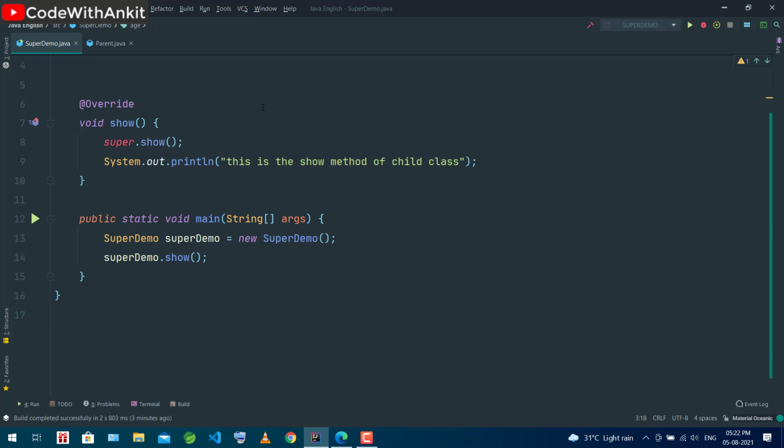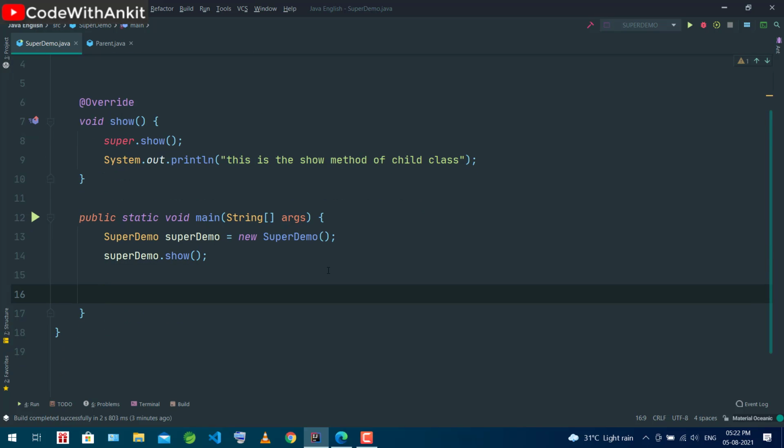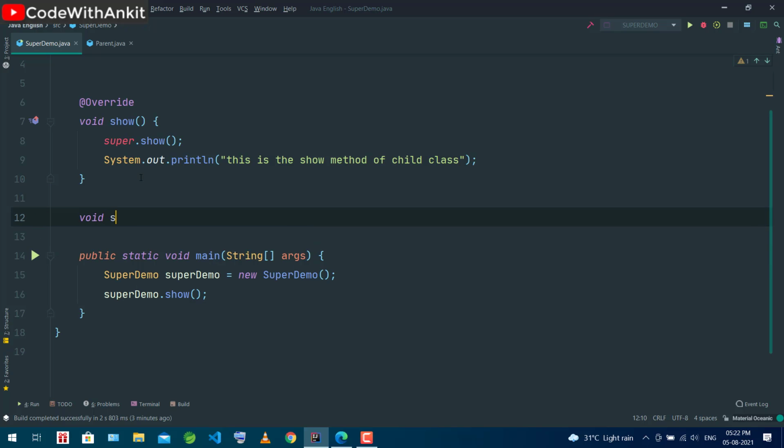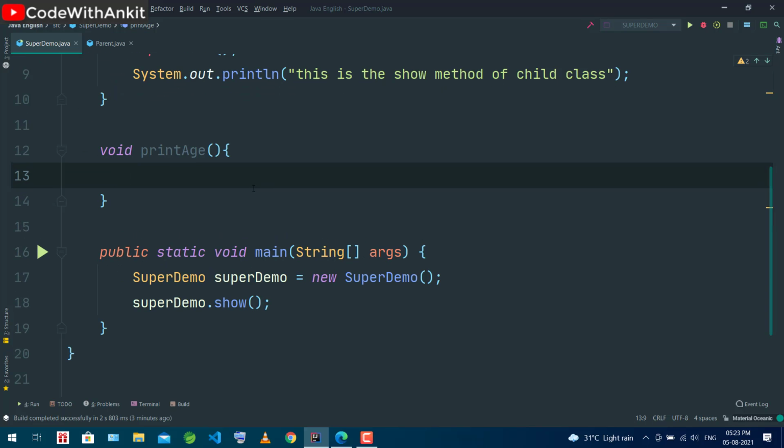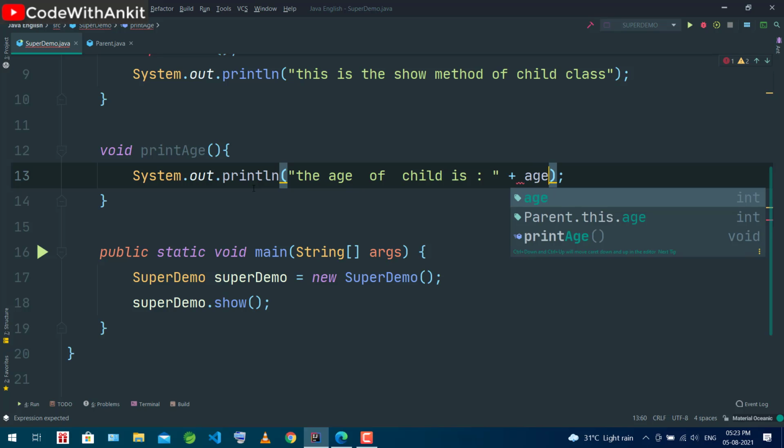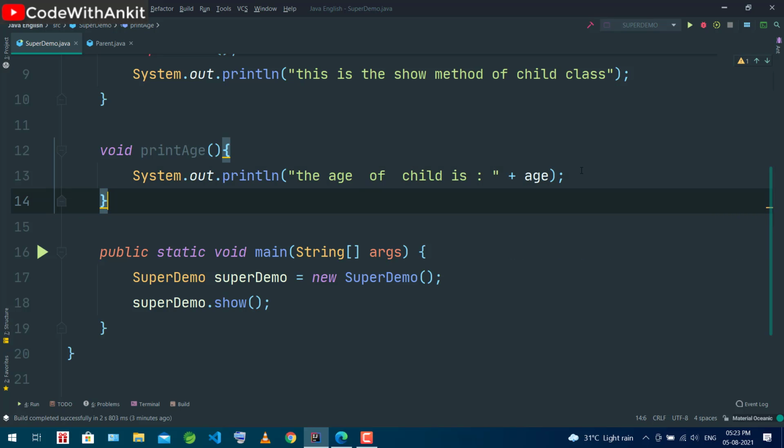Now I will write void print age, this is the method I declared in the child class. Here I write print, the age of child is, and you put here age.